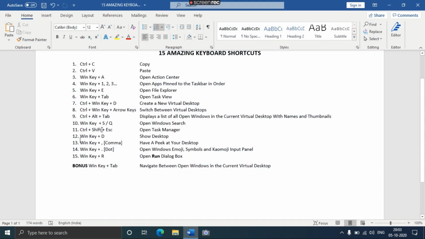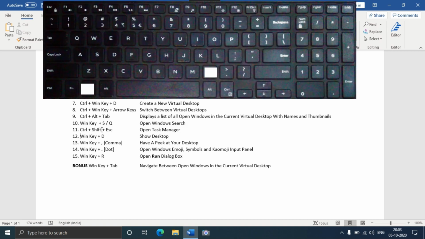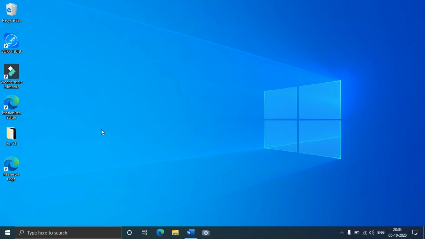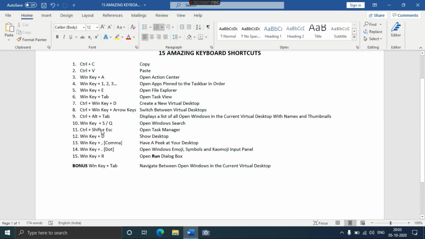So now is the Windows key plus comma shortcut. Now in this shortcut, this might look the same as this one, 12th and 13th, but there's a difference. When you hold down Windows key and just hit comma, as long as you hold down the Windows key, you can see your desktop. As soon as you leave your Windows key, you'll be back to all the windows you have opened. So that was quite easy also.